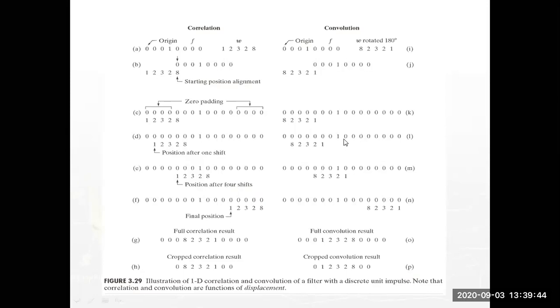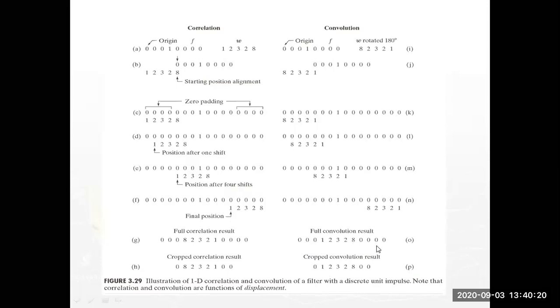And repeat the same process. That means adding zeros, multiplication, and shifting the window from one point to another point, and correspondingly, as with your full correlation, you will get the full convolution like this: 000, 1, 2, 3, 2, 8. Don't confuse, it's a very easy process, just normal multiplication. Again, we need only 8 samples. We don't want the other sample values. Those values are available due to the padding only.